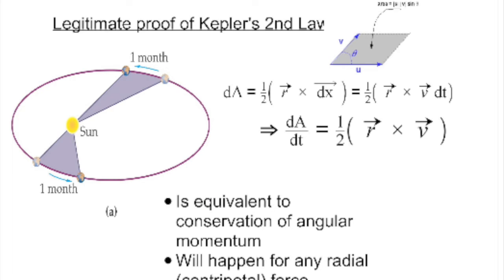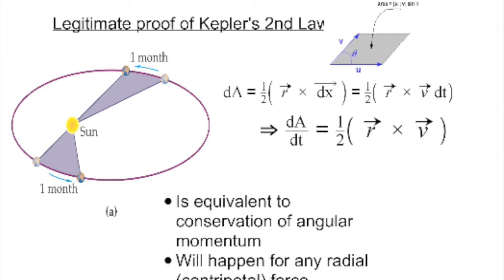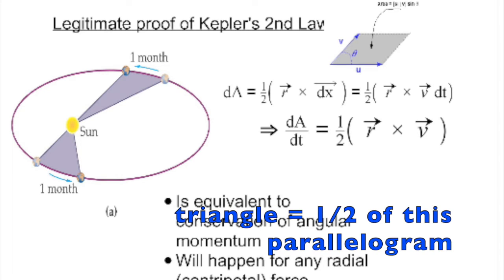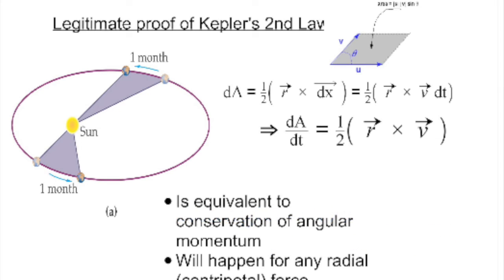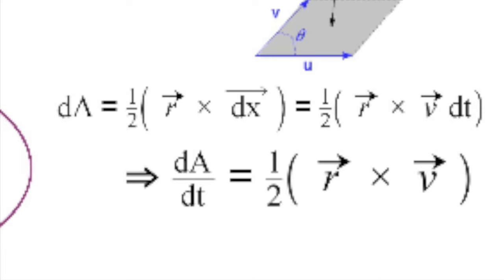So remember I told you that the cross product of two vectors can graphically be thought of as the area of a parallelogram that's kind of trapped between those two vectors if each of those two vectors is a side. Well, you can reason that the area covered can be the cross product of r, which is kind of your lever arm there from the sun to that point in the orbit, crossed with dx, where dx is a little piece of the orbit that's been covered. And I can replace dx with just v dt. So just how fast I'm going at that point in orbit times dt, a short little period of time.